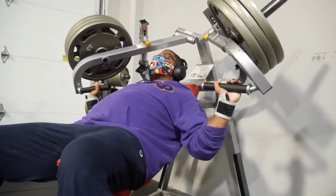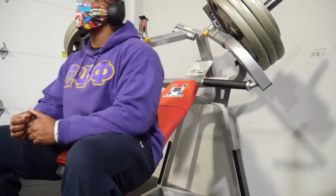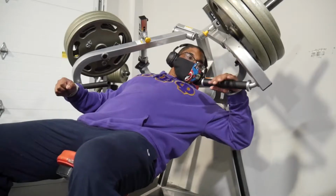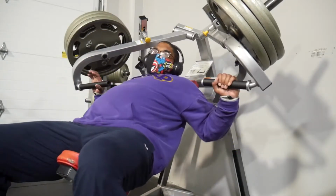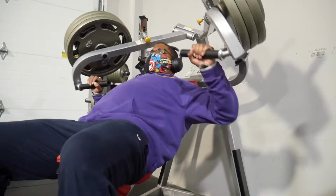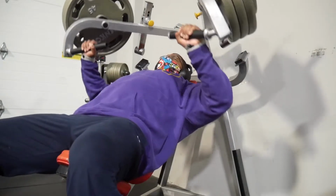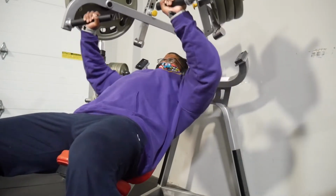However, this feels like a flat press just on a different angle, and the way that you can adjust the seat and hit the chest, the muscles you would normally hit through a bench press. I mean, really, to me, that's a win. So I got up to 3 plates and a quarter. Pretty sure it was just a wee bit heavy for me, but that's all right